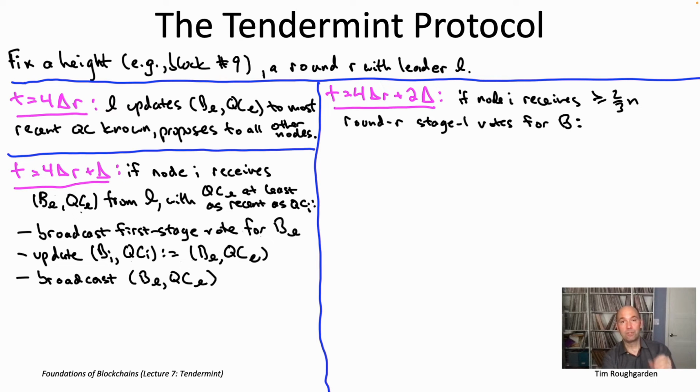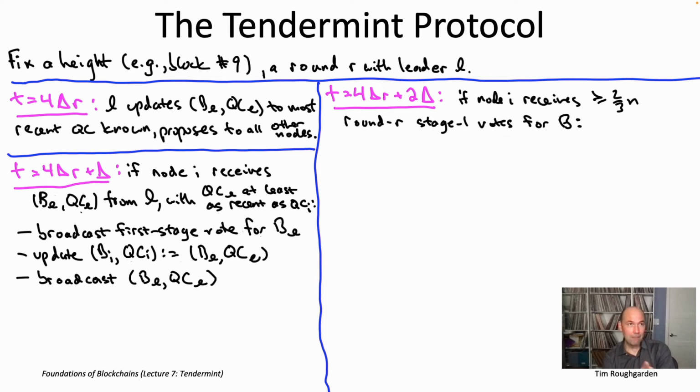Right, so all of these votes correspond to block number 9, round number 117, stage number 1. So they match in all those parameters, and then by assumption we have at least 2/3 n distinct voters as part of it. So that is a quorum certificate. These votes received in this if statement are a quorum certificate.